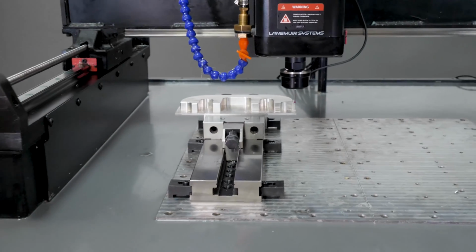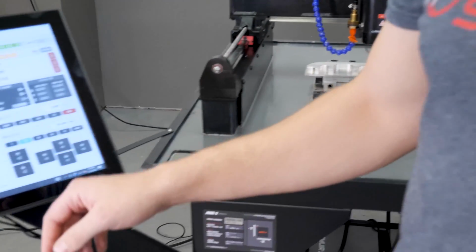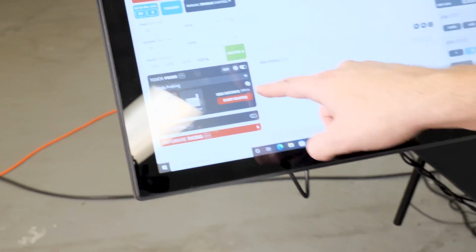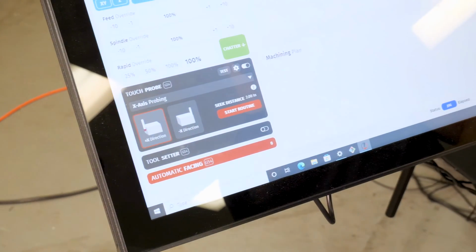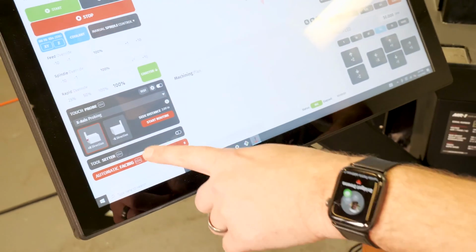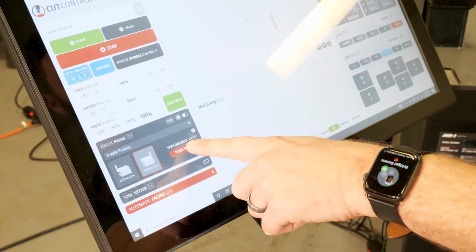And in terms of how far off I want it, that's called the seek distance. So if I come into our settings here, I can see that the seek distance is set to 2 inches. That's the default. Now, if I try this probing routine and I'm more than 2 inches out from this wall, and I'm probing, looking at the icon, in the left direction, and I start this routine,